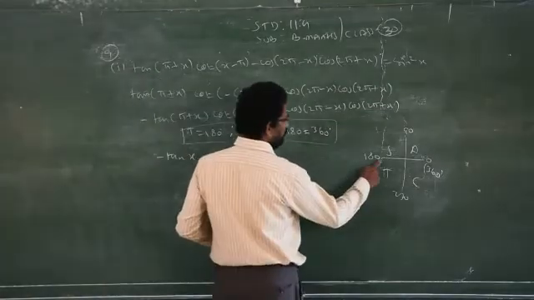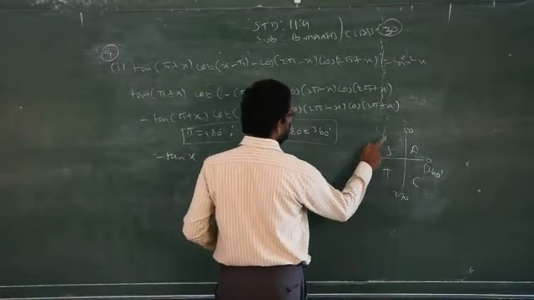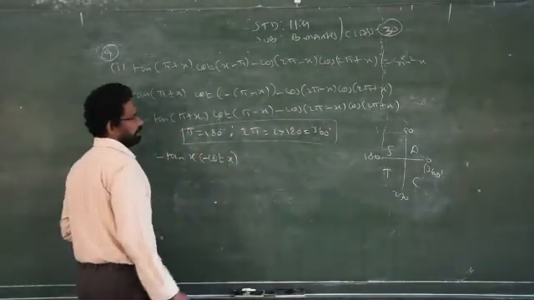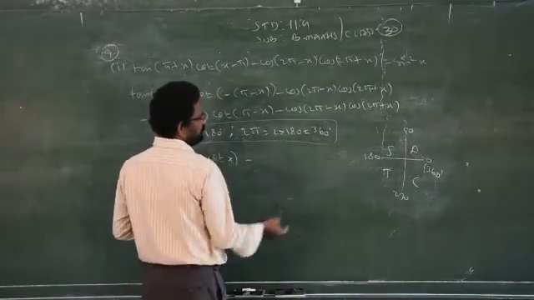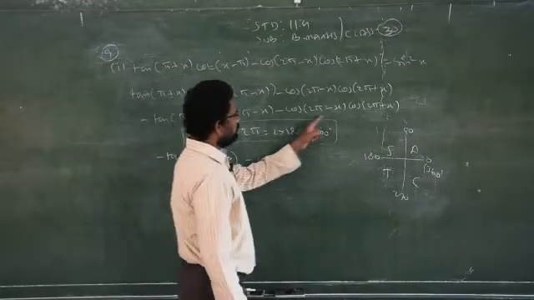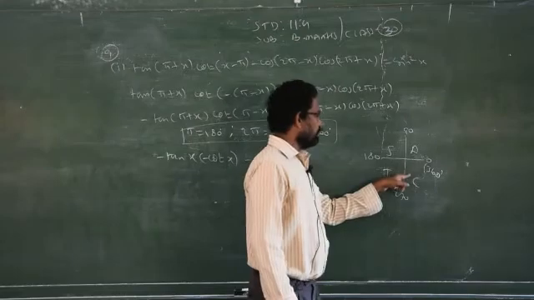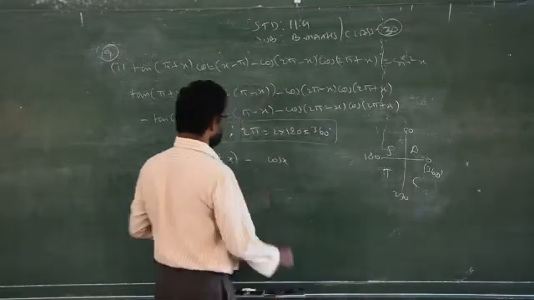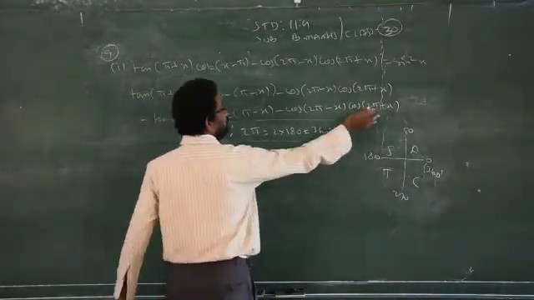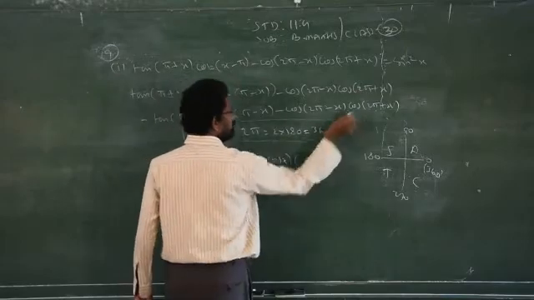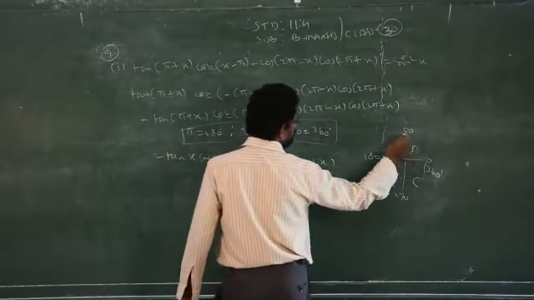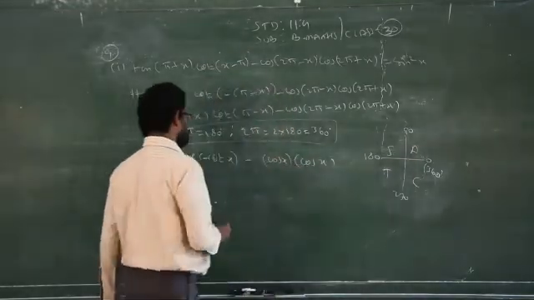See the sign next one. 180 minus x comes under the second quadrant. In the second quadrant, sin alone is positive, but what is given here? Cot. Therefore, you have to write minus. 2 pi is 360. For 360, no change in the ratio. Therefore, you write cos x as it is. 360 minus x, fourth quadrant, cos is positive, no change in sign. You write as it is. Again cos, 2 pi is nothing but 360. So if it is 360, no change in the ratio. So you write cos x. 360 plus x, first quadrant, all are positive. So no change in the sign.